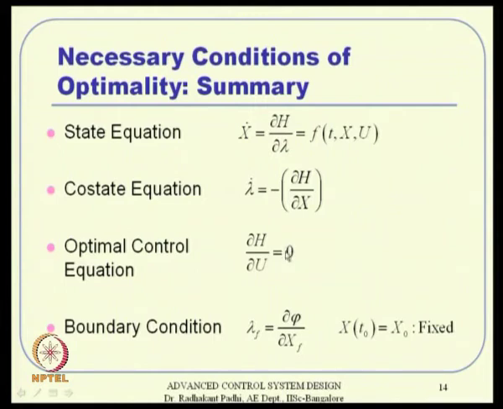In the boundary condition sense, that is the most difficult thing, by the way. It turns out that part of the conditions are given at t0, which is the initial condition, and part of the conditions are given at tf, which is the final condition. Remember, the entire problem lies with two variables, x and lambda, in 2n by 1 dimension. Out of these 2n variables, n variables are given at t0 and n variables are given at tf. Because of this, it becomes what is called a 2-point boundary value problem,